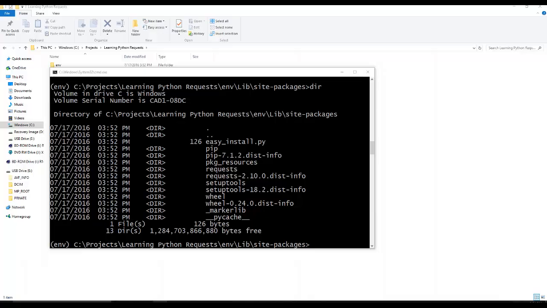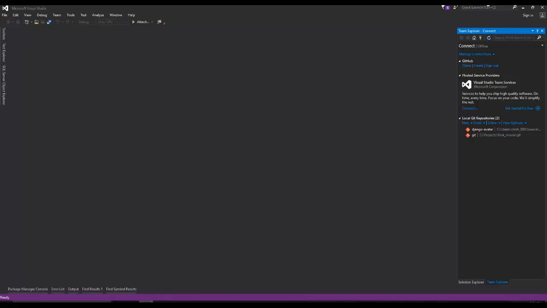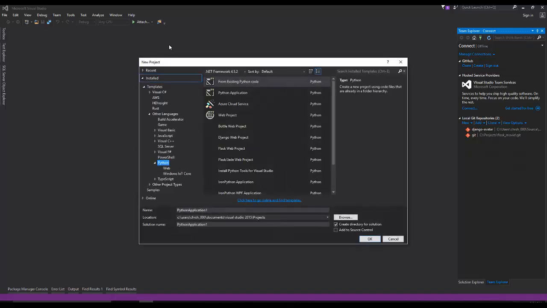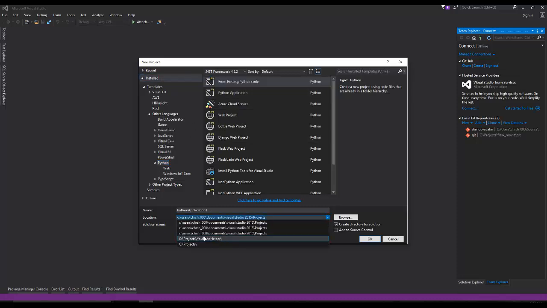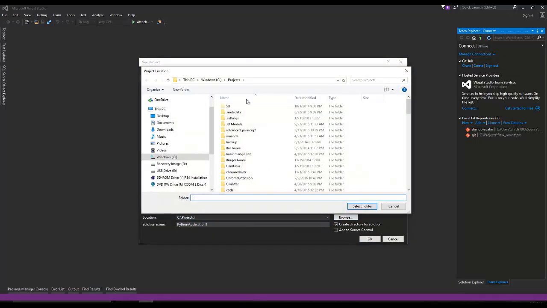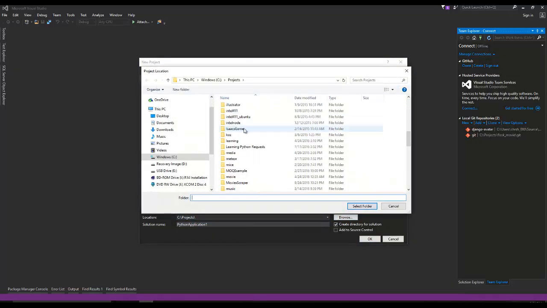So that said, I want to go ahead and open up Visual Studio if you haven't installed, and I'm going to say new project. And under here, because I have Python tools installed, I can click on Python. I'm going to say from existing code. I want to give it the directory where I'm currently located. So we put it in Python,